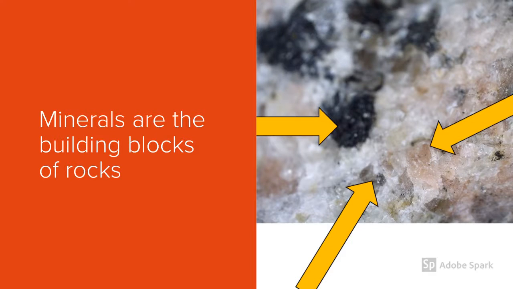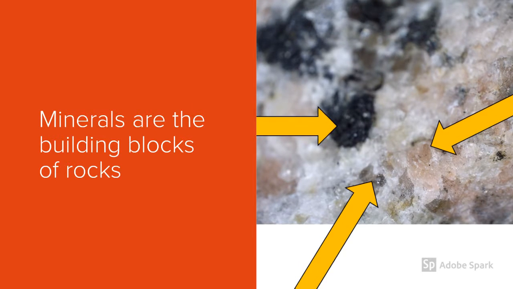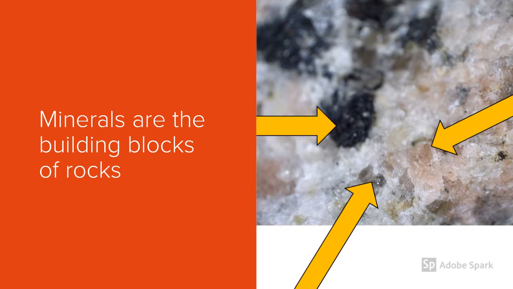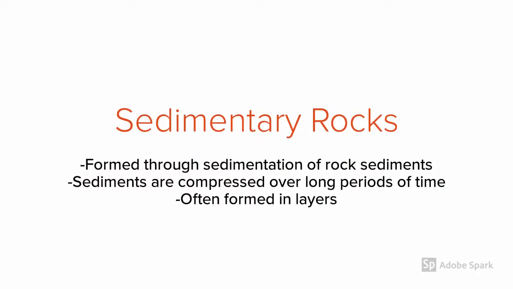The reason minerals like quartz can be found in igneous, metamorphic, and sedimentary rocks is because minerals are the building blocks of rocks. Rocks are made up of one or more minerals and other organic remains. Sedimentary rocks are one of the three main types of rocks. Sedimentary rocks are made up of sediments, which are tiny particles of rocks, and organic materials, including minerals, plants, bones,